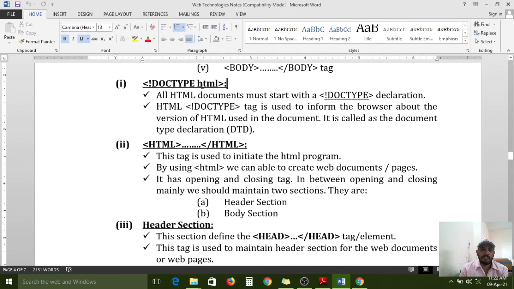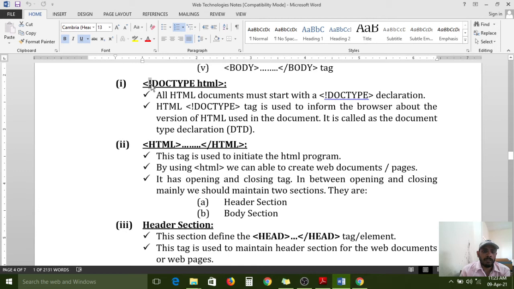Doctype HTML, the first one we have to see right now. At the starting point, we need to use an exclamation mark after the doctype. On the keyboard, it is in the second row from the top, where the numbers 1, 2, 3, 4, 5, 6, 7, 8, 9, 0 are. The 1 key and the exclamation mark are on the same button.